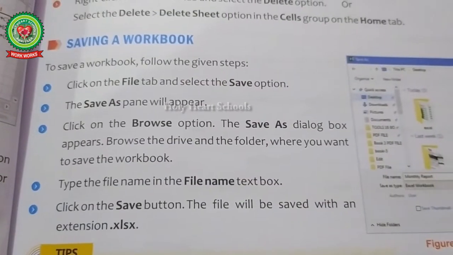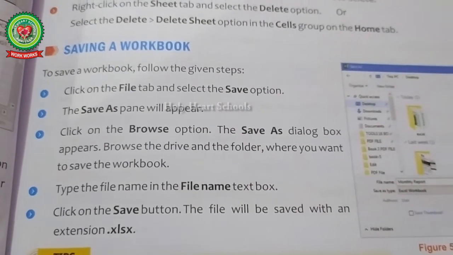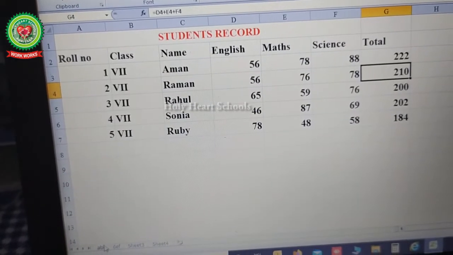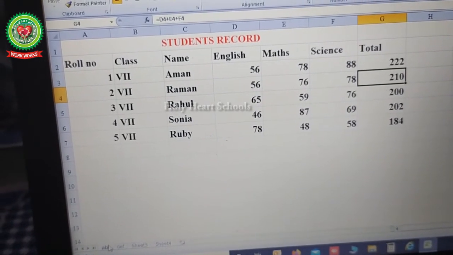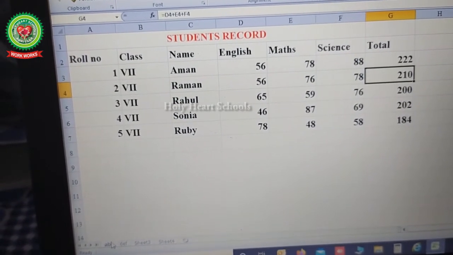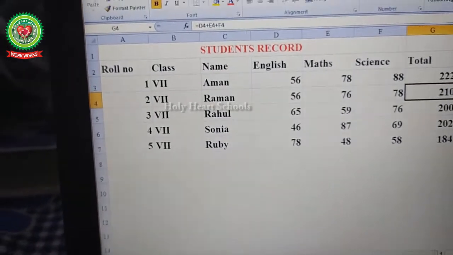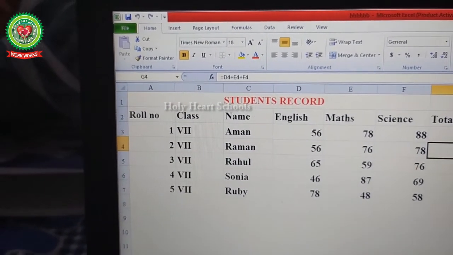Next steps are how to save a workbook. Children, after completing every work, your first priority is to save your work so that you can use it in your future. Then go to the File tab.